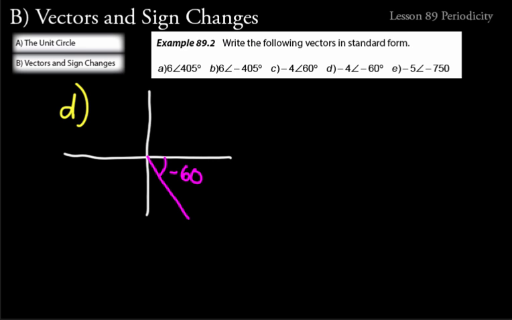And then our magnitude is negative 4. So we know we're going to want to flip this 180 degrees. So how can we figure out where that location is? Well, we know that the blue and the purple line are 180 degrees apart. So let's just try to think about this in the simplest way that we can. We went negative 60, then we went back 180. So minus 60 plus 180, that's equal to 120.